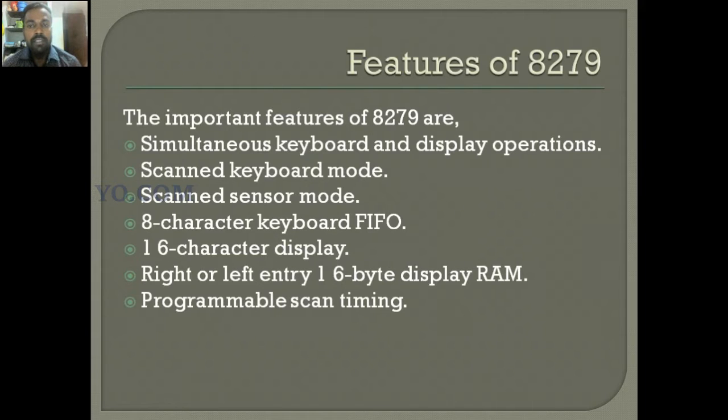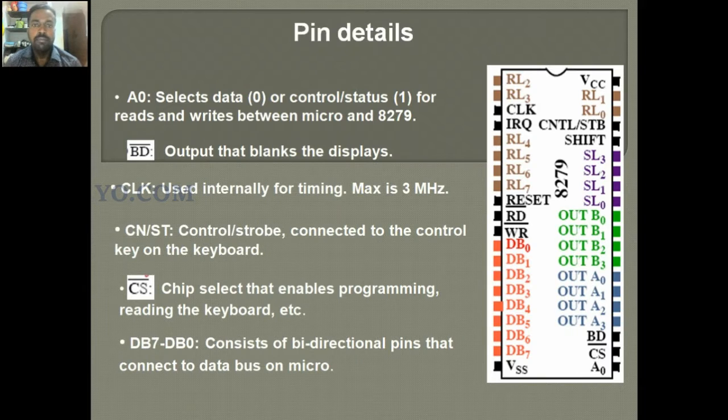In our language we start from the left, some other languages start from the right. So according to the language it will differ. Then programmable scan timing, that is also one of the important features of 8279. Okay.